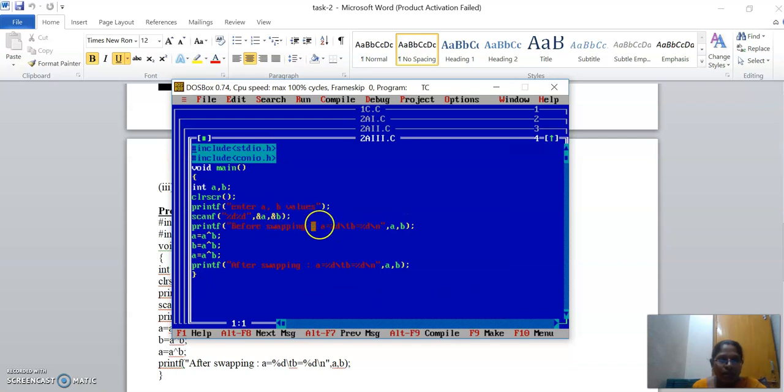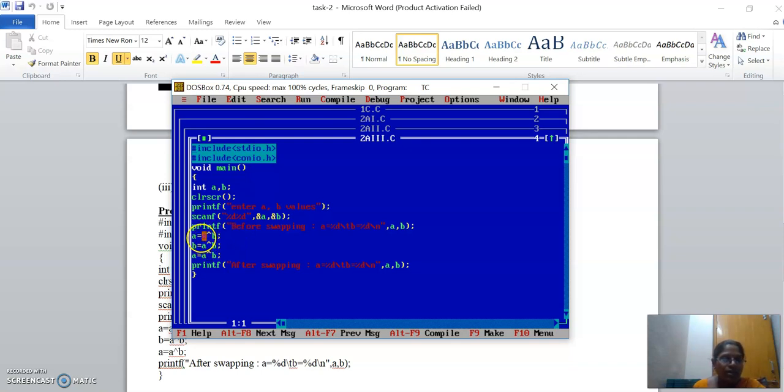So here I am reading until this before swapping, everything is the same. Now, how am I going to perform it with bitwise operators? The bitwise operator that I am going to use to perform the swapping operation is exclusive OR. A is equal to A exclusive OR B. B is equal to A exclusive OR B. A is equal to A exclusive OR B. So, what do you mean by this? A is 10, 10 exclusive OR 20.